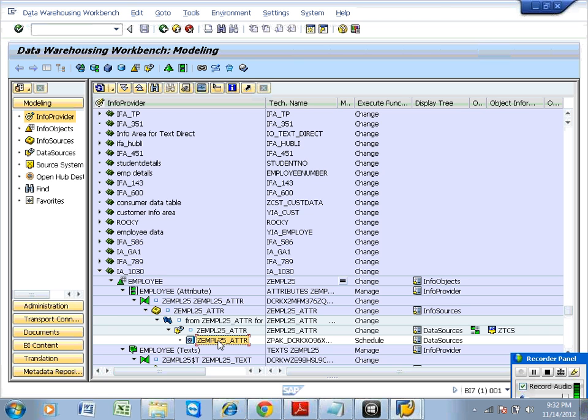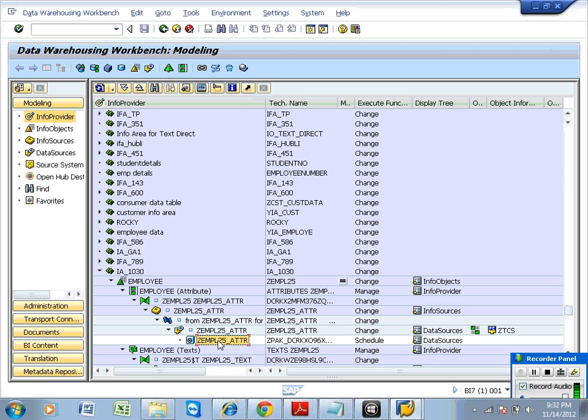Whenever you transfer the data using the info package, whatever data is in the source system is transferred into the PSA table first, then it is transferred to the data target. The PSA table is an intermediate table which can be used as a backup.